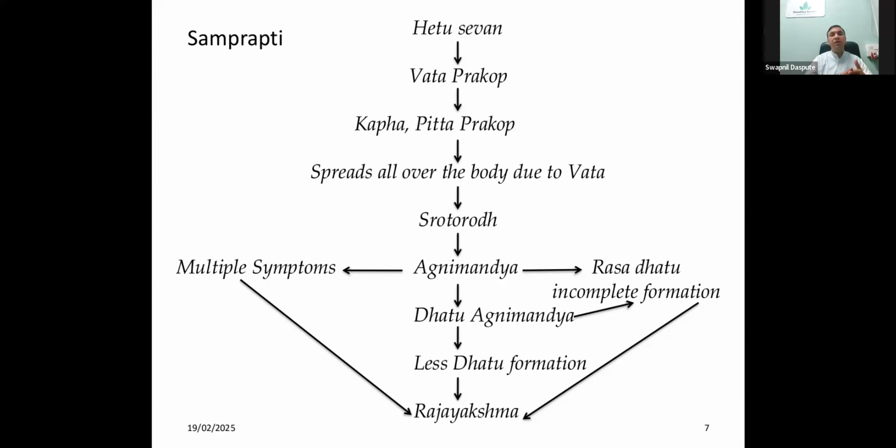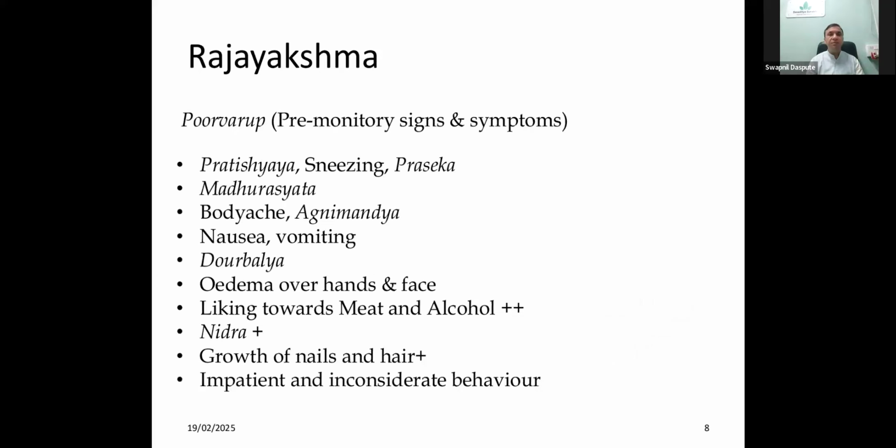The quantity, quality, and functionality of the Dhatus decreases and goes to a level where there is formation of Rajakshma. So this disease formation will happen in this way, and we'll see how the signs and symptoms of